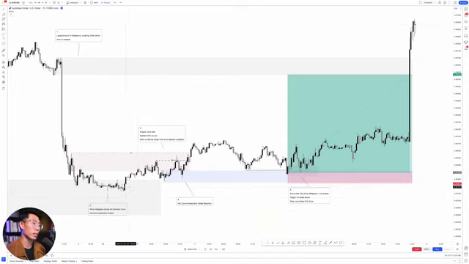And how do we know demand stepped into the market? When this supply zone right here failed, right? If this supply zone were to do its job, price would react from this supply zone and continue to go down even lower, breaking past this last low and just continue creating that lower low, lower low, lower low, lower high, bearish order flow. So that is when this supply zone failed, and then we get the market shift to the upside where price goes up there, breaks past the last internal lower high, giving us a shift in structure